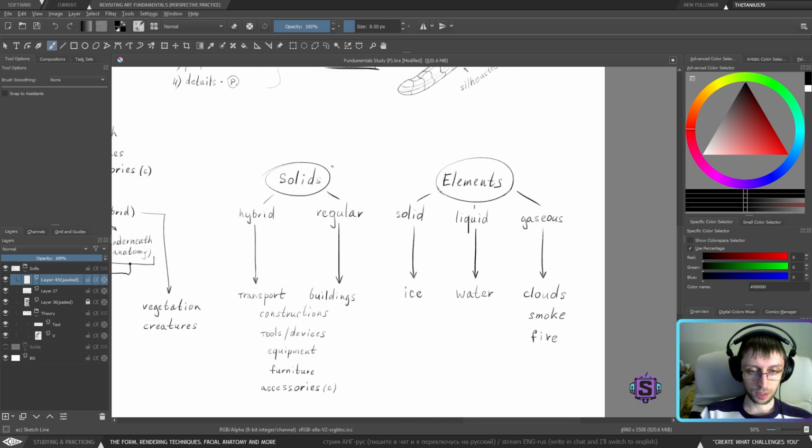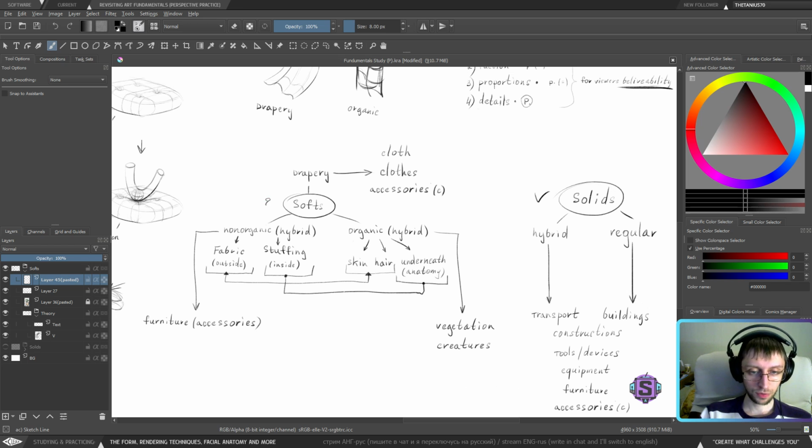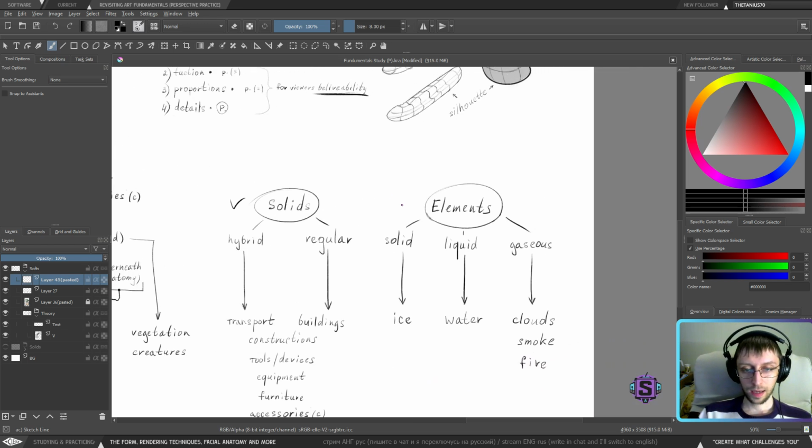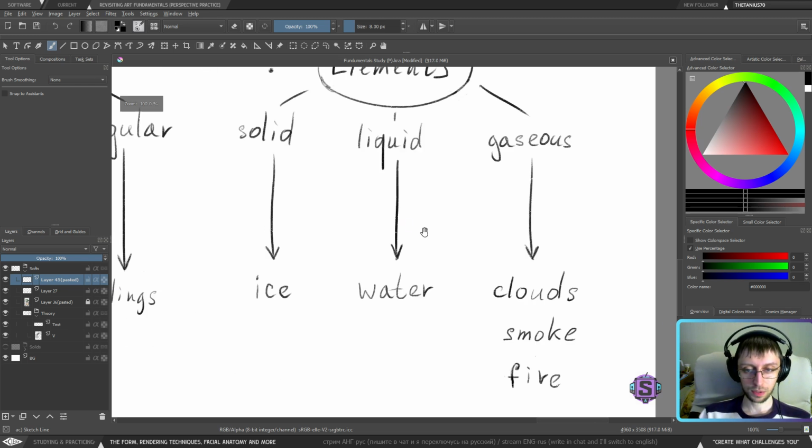When it comes down to solids, again, we solved it, kinda. So softs are still in question. We need to kind of figure it out. And with elements, elements are a little bit harder to deal with because, again, I guess let's just put them as a question mark for now. Although I don't believe that I'm going to have troubles with working with them, because usually it's